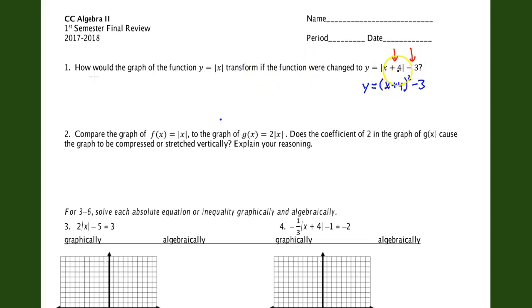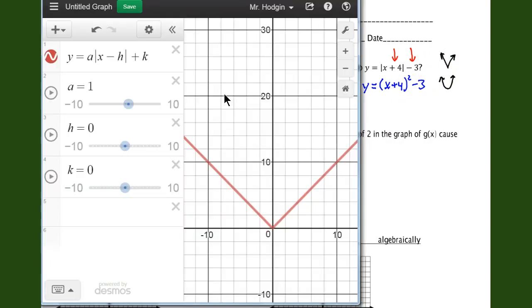The plus 4s on the inside do the same thing to every graph. So, of course, absolute value is a v-shaped graph, right? And x to the second power is a parabola. They will transform in the same exact way. It's just that the shapes of the graph are different. Okay, just to look at this, we can look right here and see, well, if we change our h so it's positive 4,